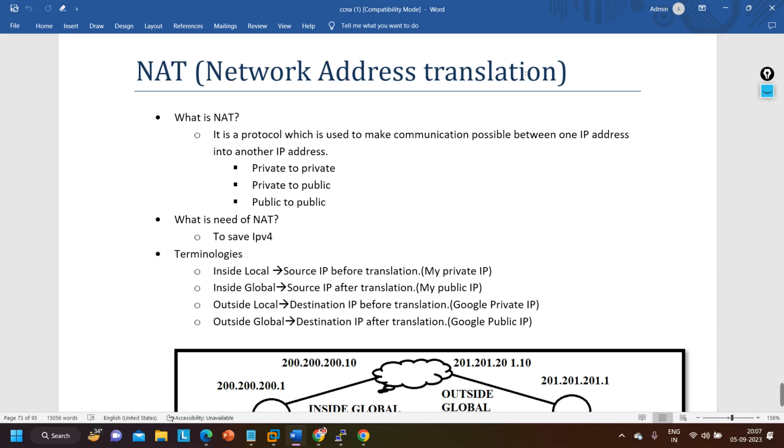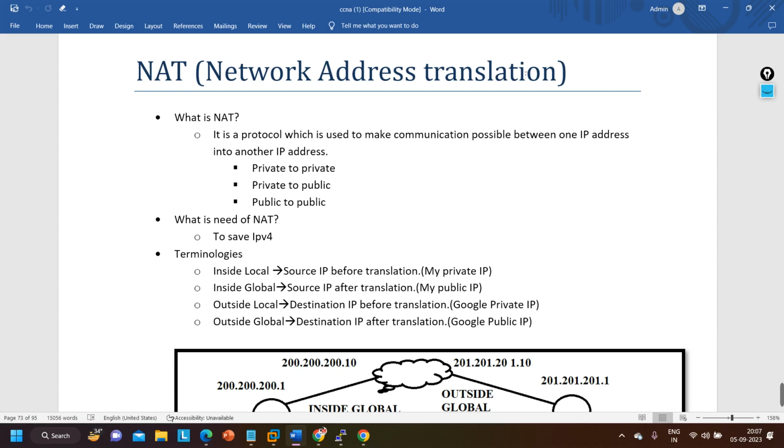The total number of IPv4 addresses is around 3 million only. So that is the reason why we came up with subnetting. That is the reason why we came up with NAT, so that multiple users or multiple organizations can use the same